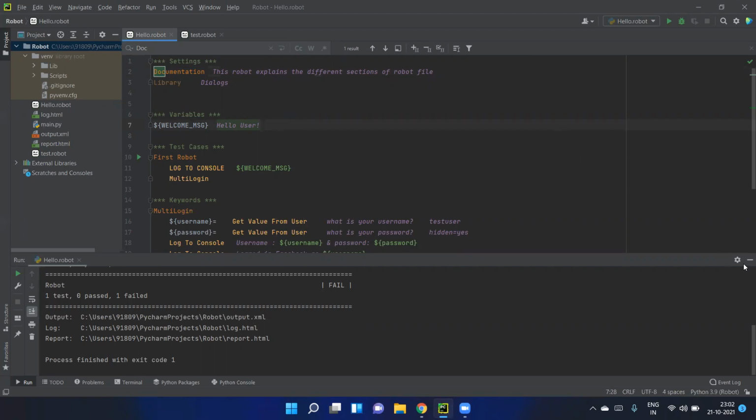We will just create one variable, but the syntax of creating the variable is a little bit different here. Dollar symbol followed by the braces. Inside the braces, you will be mentioning the variable name, and then space or tab followed by the value for the given variable. Note that you are not using any single quotes or double quotes. It will be directly the values, just like how you write in your Notepad or, let's say, a Word document. And next one, test cases.